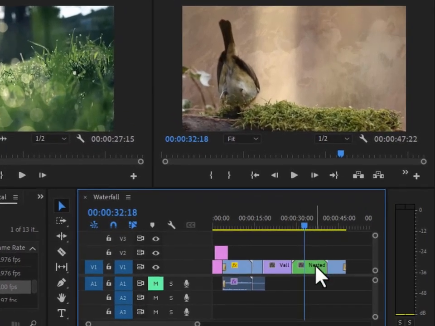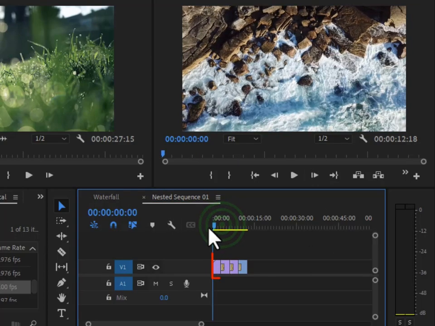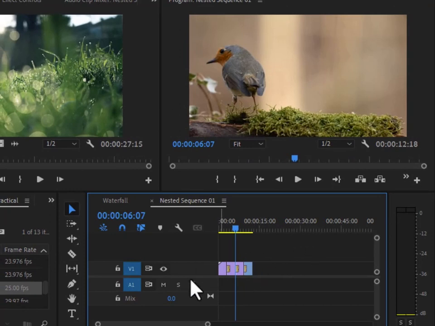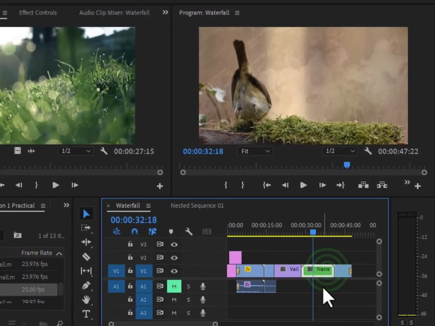Another thing you need to note with nest is that if I double click on that, it will open up its own sequence. So here it is. Here are the 4 videos with the cross dissolve effect that I had added earlier. So you can come over here and work your magic from here. But I prefer working from over here. So let's go back to the original sequence and select the nested